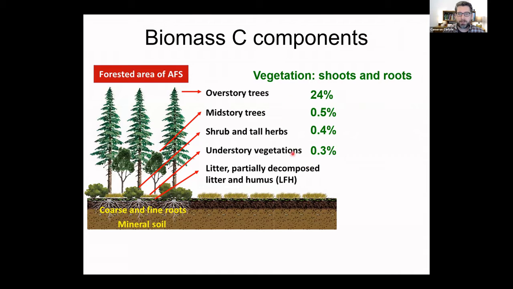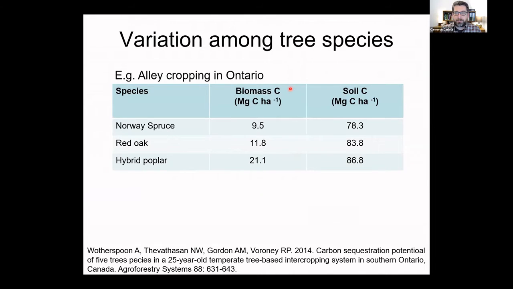This is from our own sampling. So we have these agroforestry systems. Most of the biomass is in the trees. And then I just want to touch on one other piece of background, is that there is variation